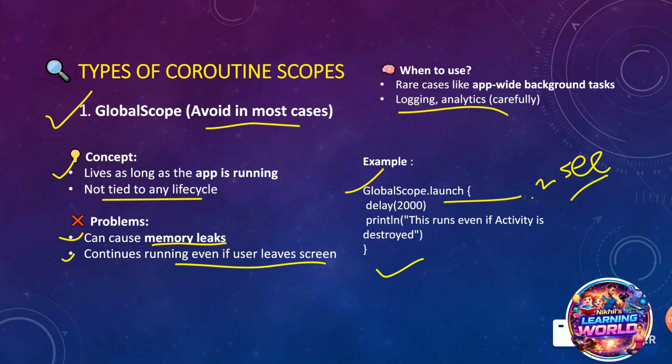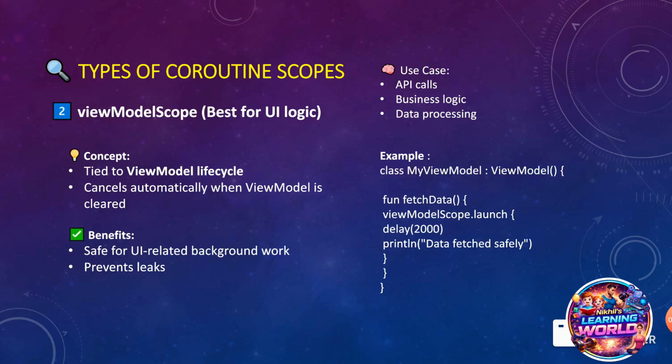The next one is view model scope. It is a scope tied to the view model, so it is automatically cancelled when your view model is destroyed. That's the scope related to your view model. You can see here an example: class MyViewModel extends ViewModel, function fetchData, viewModelScope.launch { val data = repository.getData()